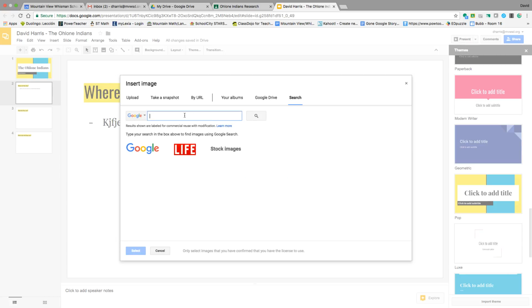So if I wanted to look for where did the Ohlone Indians live, where did they live? Yes? Houses. Yep. You could do coastal Indian houses. Okay, so let's look up coastal. I'm on Google, so coastal Indian